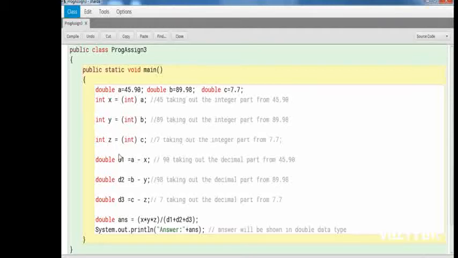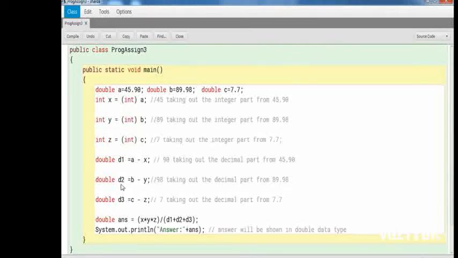So double D1 is equal to A minus X. A had 45.90 and X had 45. I extracted the integer part and kept it in X. So if you subtract it from 45.90, the decimal part will remain, and that value is getting stored in D1.